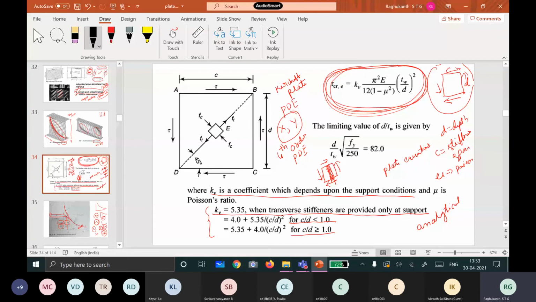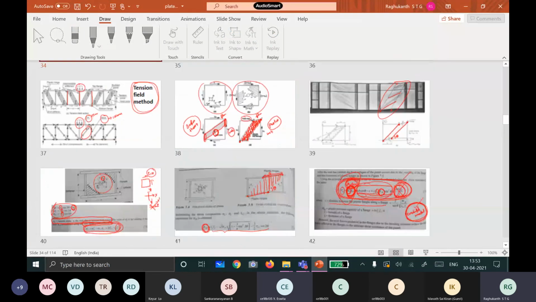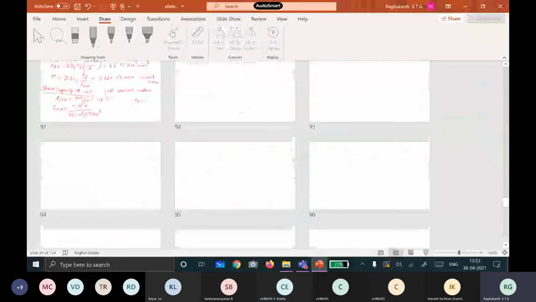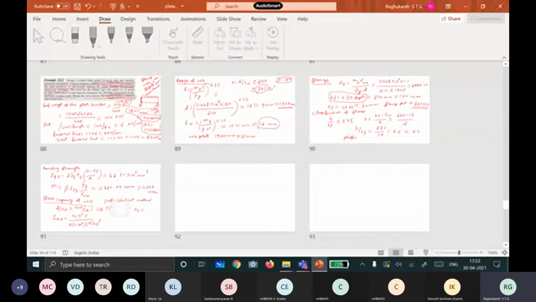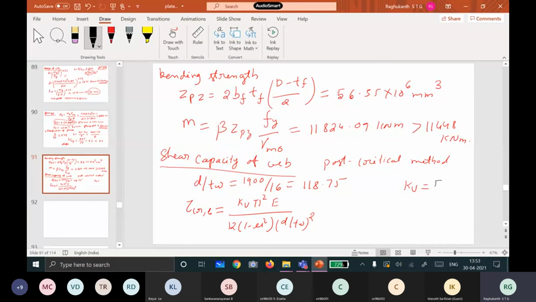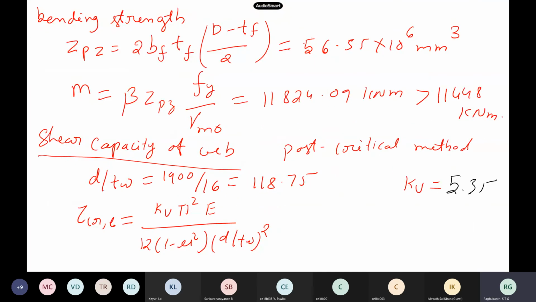So the value is 5.35. If there are stiffeners, then the value will be different, so pick it up from this graph. So k_v is 5.35, and for the other values, Young's modulus, Poisson's ratio for steel is 0.3, depth, thickness, you can easily find out.